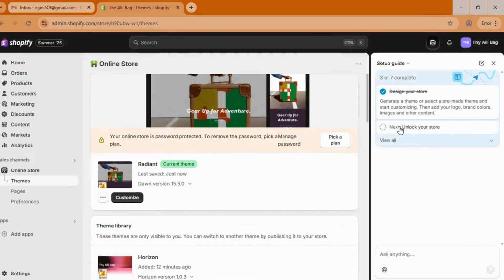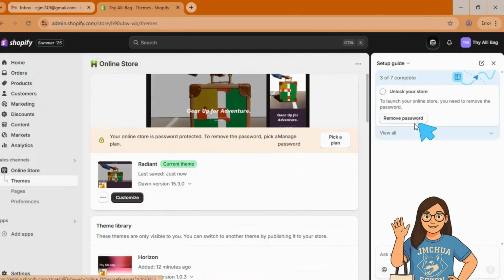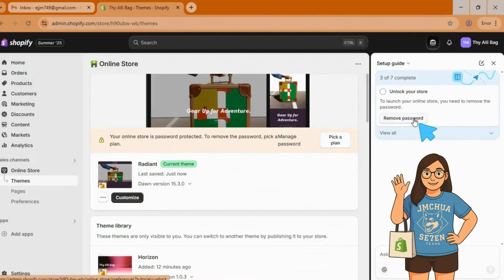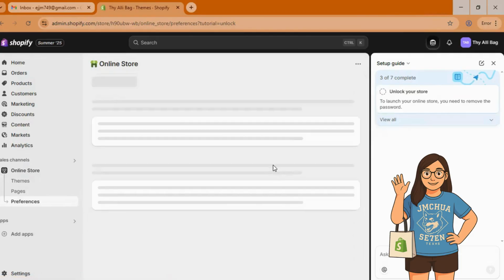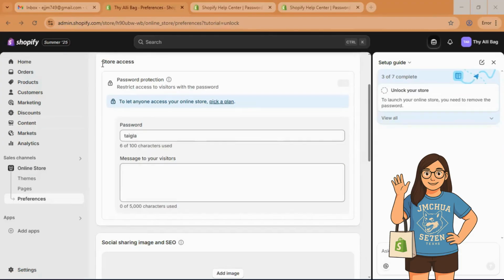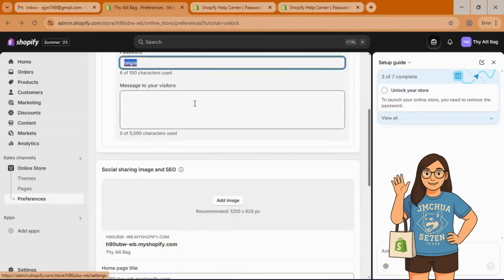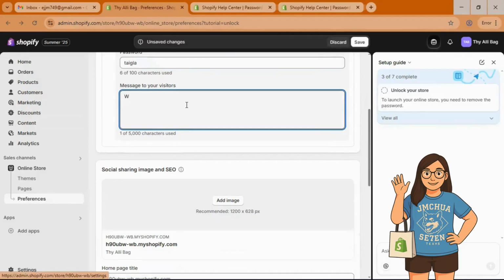So the next step would be to unlock your store. Like what I said earlier, your store is password protected unless you remove the password. That will be the time that the public or other people will see your store is already active. So let's remove the password. We are already here on the password protection page, and this is where we remove the password and provide a welcome message to your visitors.